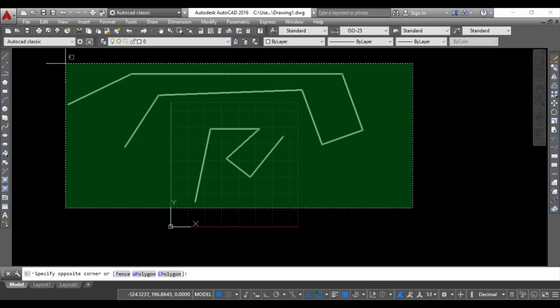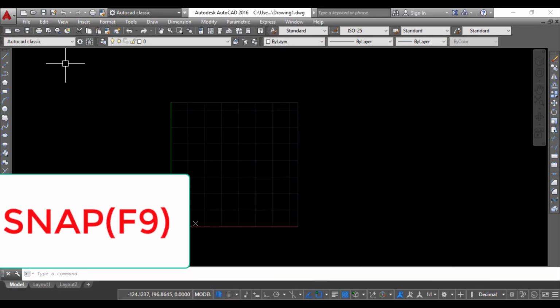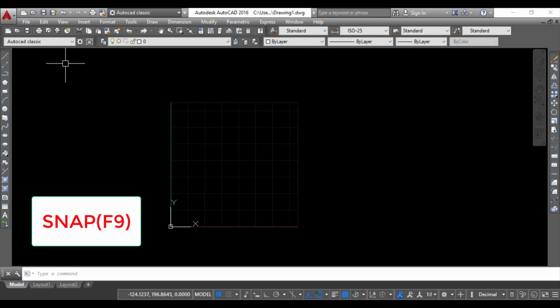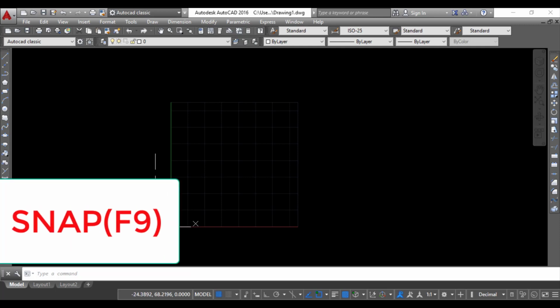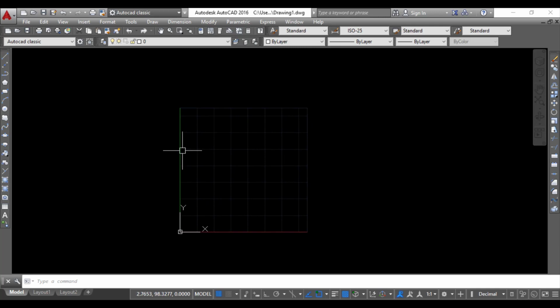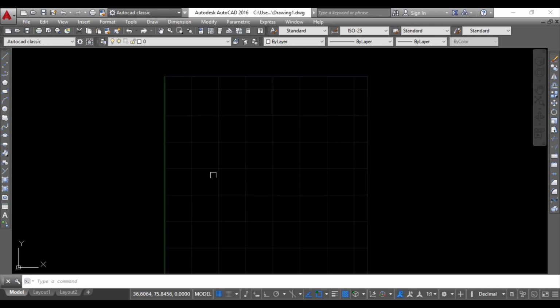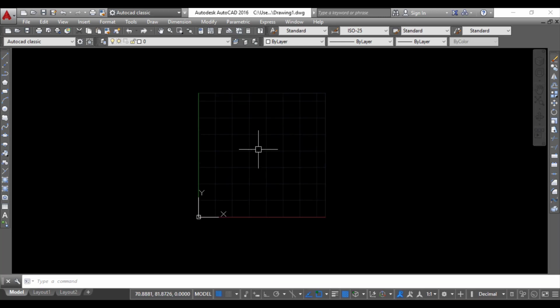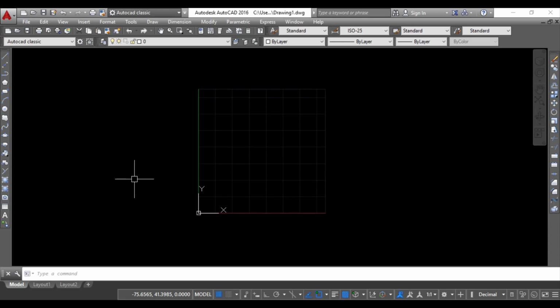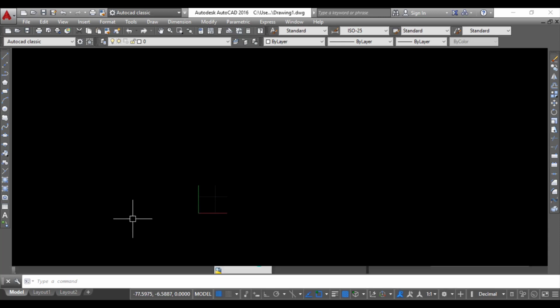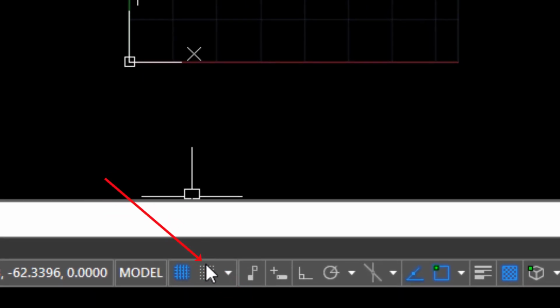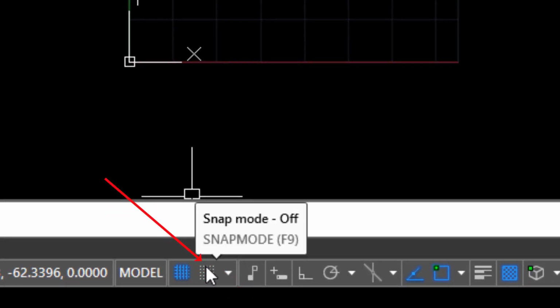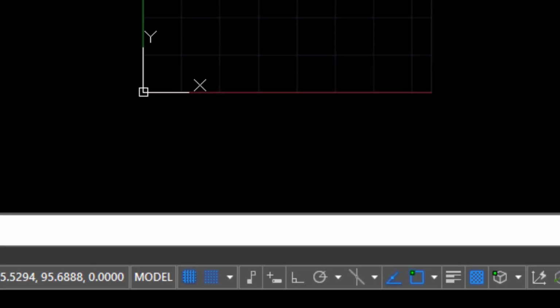Next we will go for the snapping, that is called OSnap, that is snapping of the drawing. Snapping is nothing but the point to point snap in AutoCAD. Suppose I want to do point to point snapping, that is one point to another point in the drawing. So I will use my snap. For that, F9 is the shortcut key. Let me repeat it, F9 is the shortcut key. Just beside the grid command is the snap command. So I will click on the snap mode on.